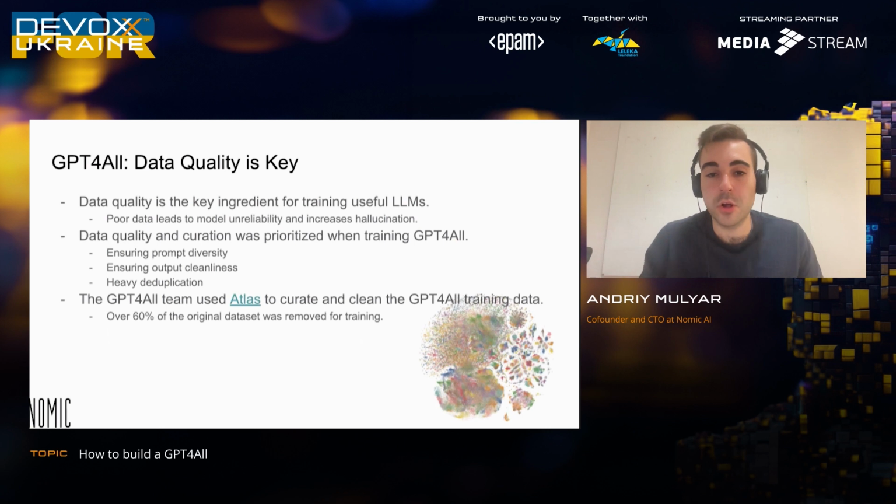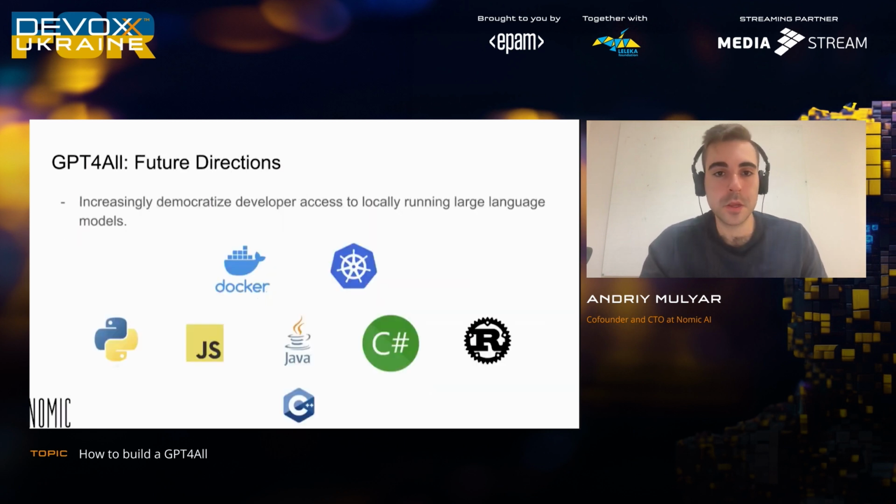About 60% of all of the data that we originally scraped from OpenAI to train the first GPT4All model wasn't actually used to train the model. We curated it out because we deemed it to be too low quality or heavily duplicated. When you show duplicate examples to a model, it makes it do bad things sometimes. So we only used about 400K samples to train the end model out of the million samples that we were able to scrape from OpenAI, which is an interesting fact a lot of people don't realize about large language model training.